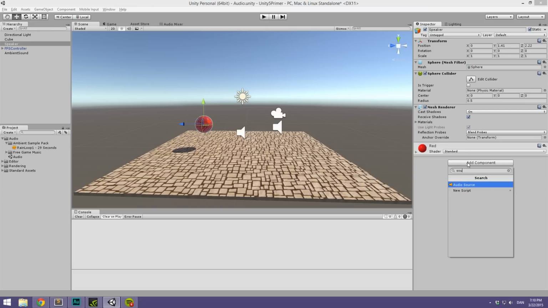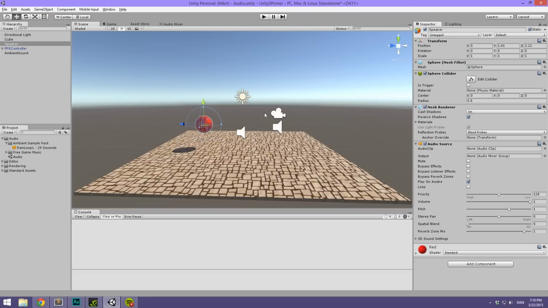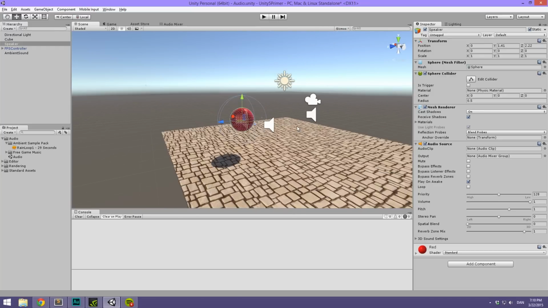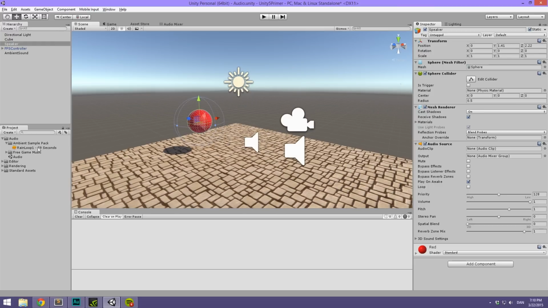So simply type in source and hit enter. You can see that it places a source right here. And what I want to do here is drag in some music to this. So this With Love from Vertex Studio 4, that's what I'm going to drag under here. Make sure it plays on awake, make sure it loops, and now drag the spatial blend all the way to